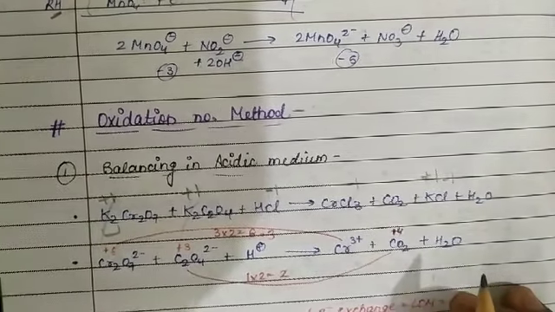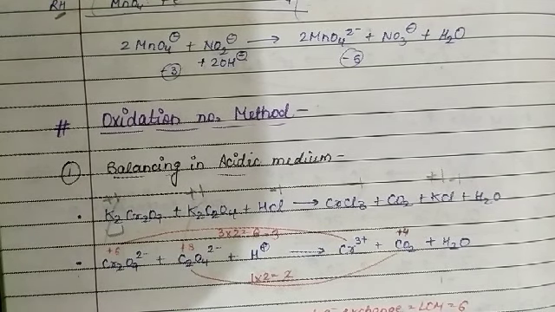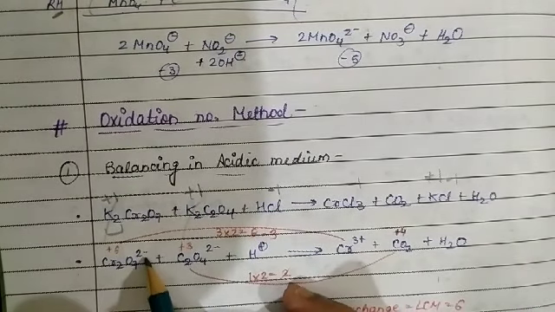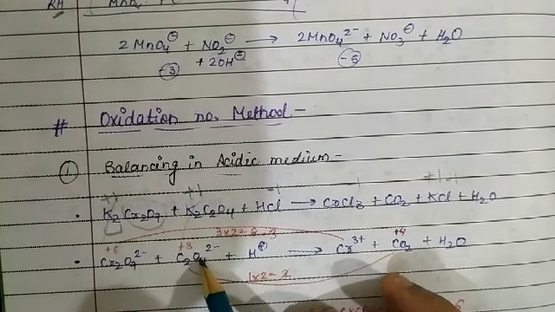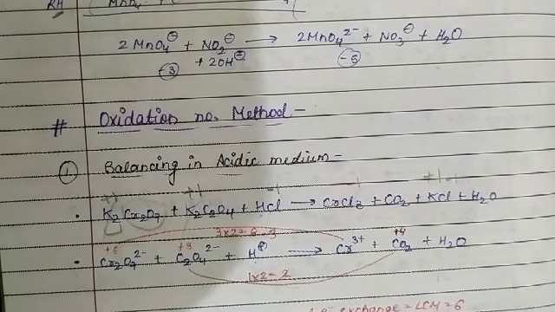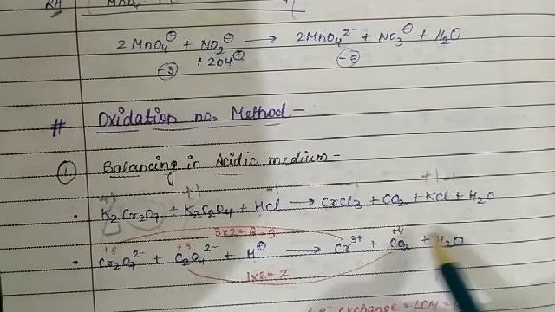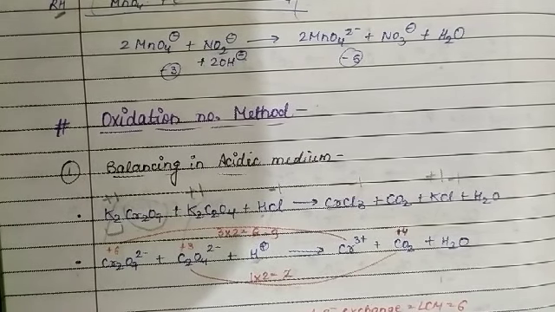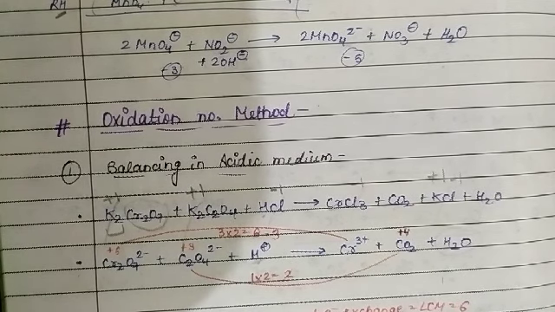Now the reaction changes into an ionic reaction. So the reaction is basically Cr2O7 2 negative plus oxalate ion C2O4 2 negative. As the reaction is in acidic medium, therefore H plus. Now chromium 3 positive and CO2, and water is used only for balancing the H plus ions. Now we don't need to split the reaction into two halves.